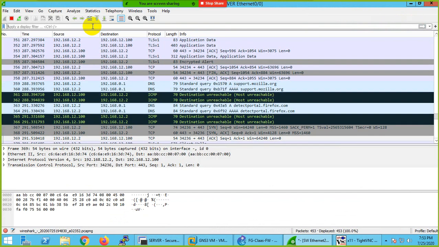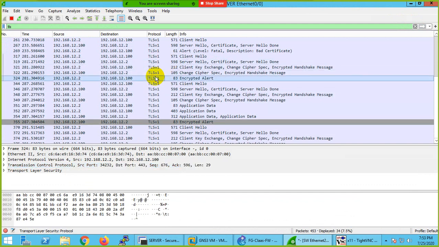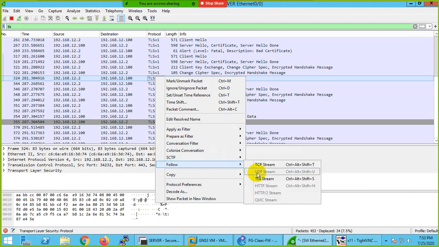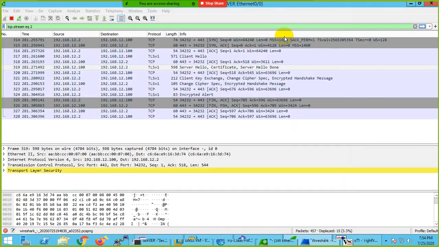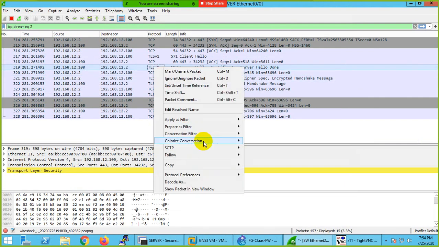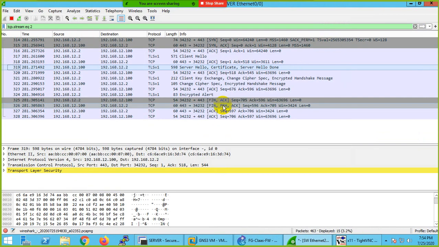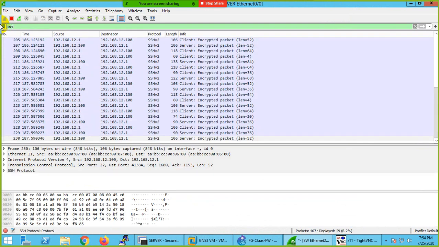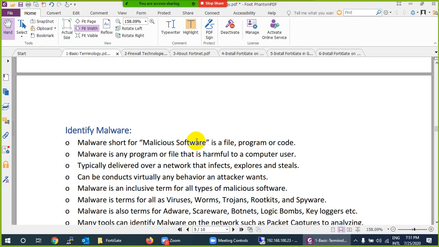Okay, TLS. Okay, for some reason it's not showing me. It has to show me, by the way. Yeah, it will be like this. It's the garbage data, but anyway, I need to see TLS. Okay, for some reason it's not showing me, but it will be encrypted just like SSH as well, which I showed you here, encrypted packet. So this is called countermeasure. Okay,